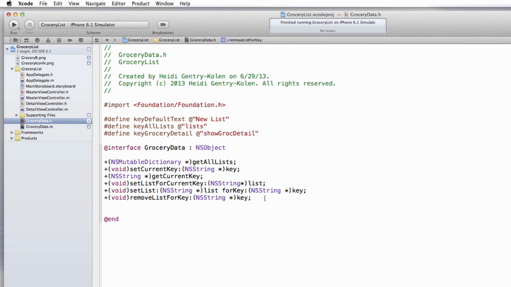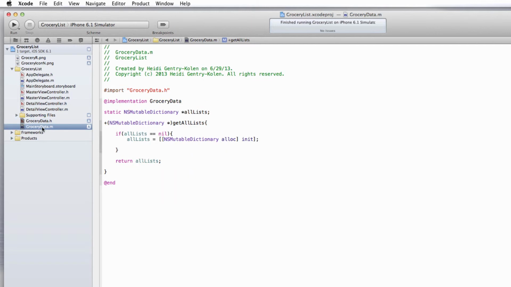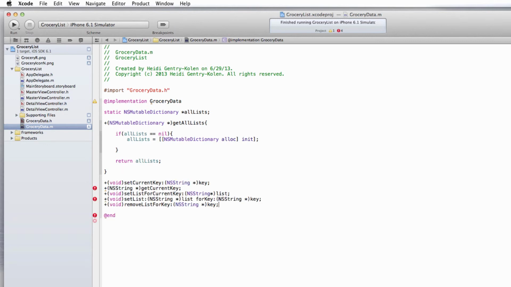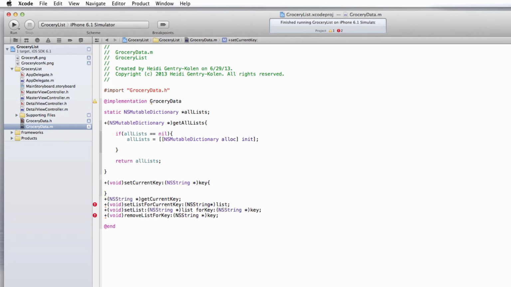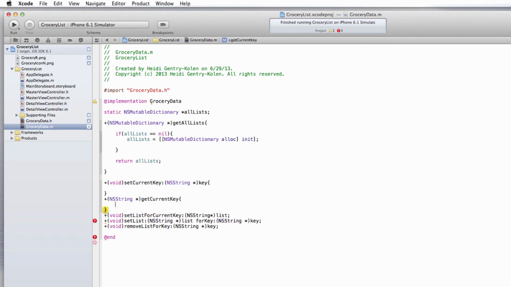And so to get these into our implementation file, let's just go ahead and copy these, go over into our implementation file and paste them, delete our semicolons, and just add the curly brackets so that we can define these methods.